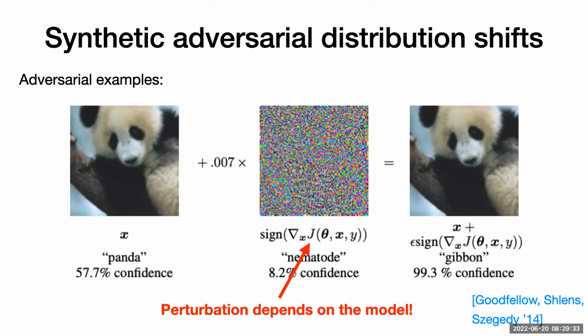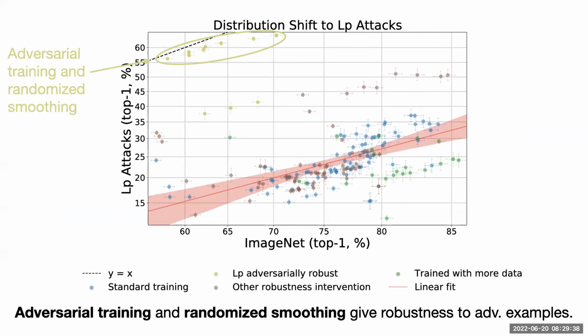And then again, if you look at what happens in our testbed, this is what you would expect. Now, the models that do outstandingly well are the models trained specifically adversarially, either with adversarial training, robust optimization, or with randomized smoothing. This is just what we had in our testbed. And then some of the models trained on more data either do actually a little bit worse than the baseline or roughly the same as the standard ImageNet trained models. Some of the models here with data augmentation also are trained with a little bit of adversarial training. This is why they are noticeably above the red line.